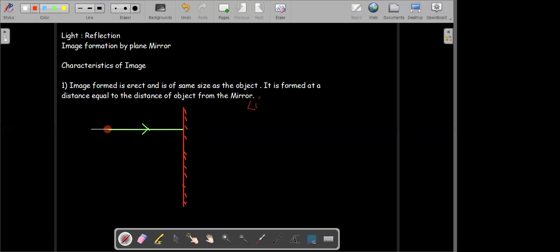What will be the angle of reflection? 0 degree. Okay. So this ray of light will get reflected back along the same path. So this is how it gets reflected back. Now we consider another ray of light. Let's say we take another ray of light which comes from the same object, and this ray of light strikes the mirror at some other place.